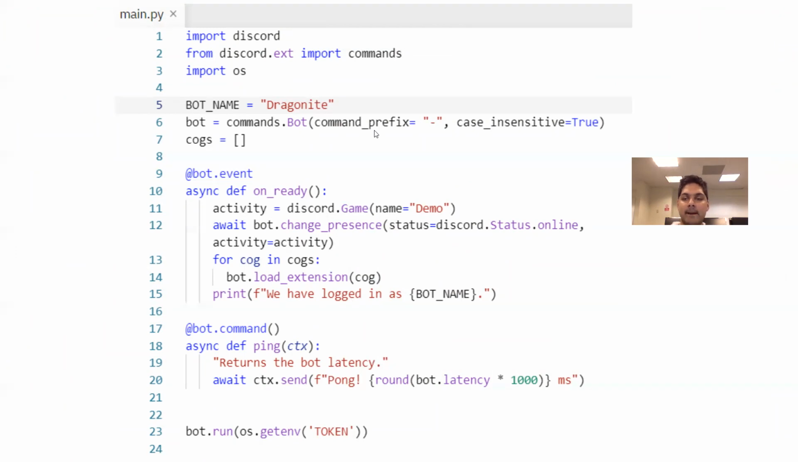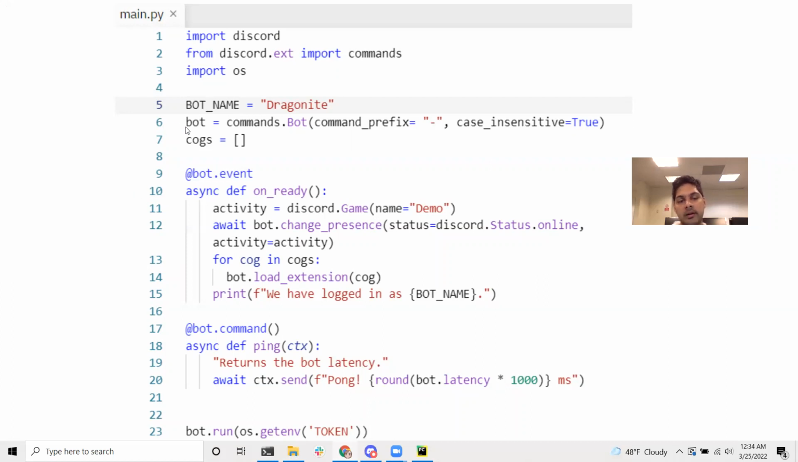Bot name is just the string of whatever your bot is called. This variable can be either client or bot. It's interchangeable, it can be anything, but the general convention most websites use is either client or bot. And you specify the prefix you want your bot to use here. Case insensitive, I believe, is just saying that commands,